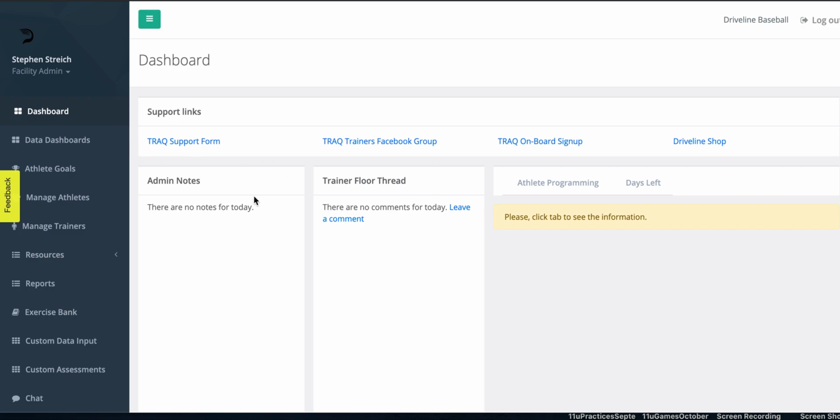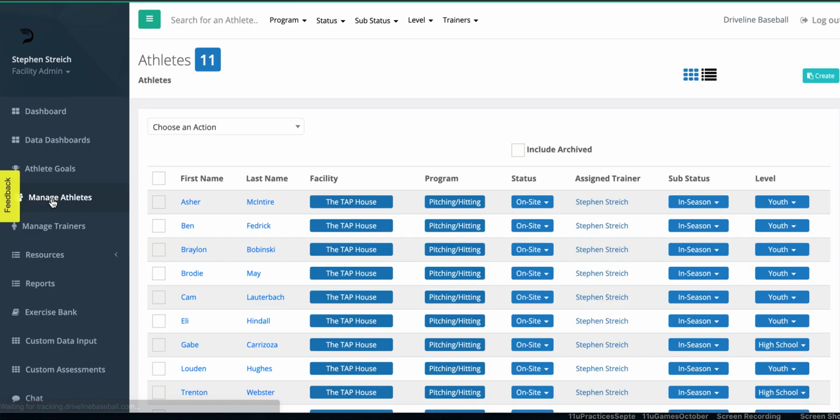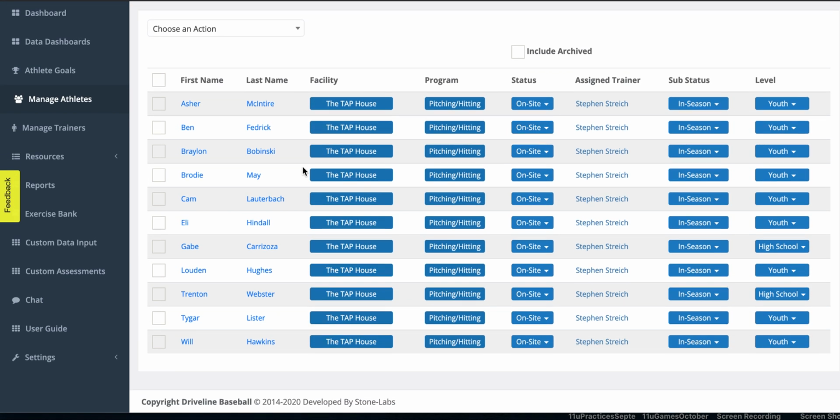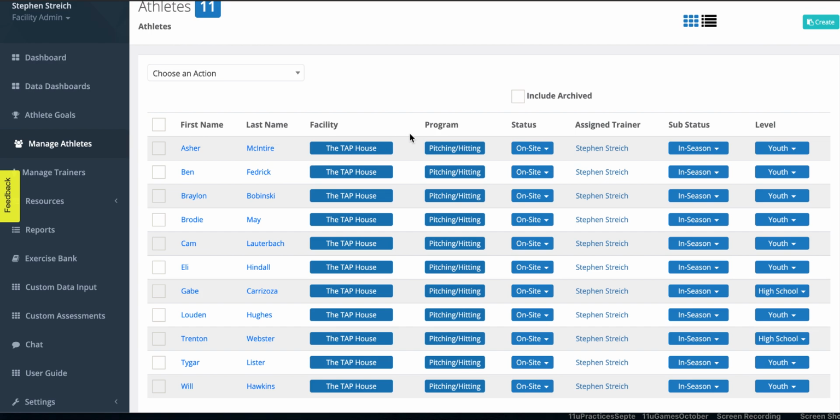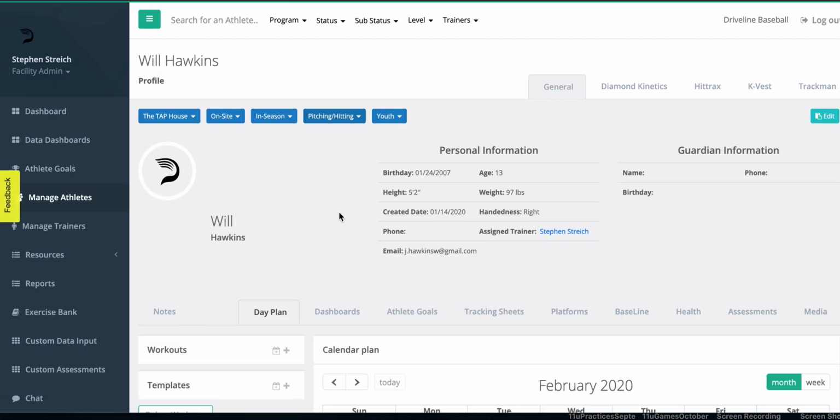So here's the dashboard right here. Right now you'll see our athletes are right here. Here are our 11 TAP Plus guys. Each one has a profile. We'll click on Will here for a second, just so you guys get a little bit of an understanding of